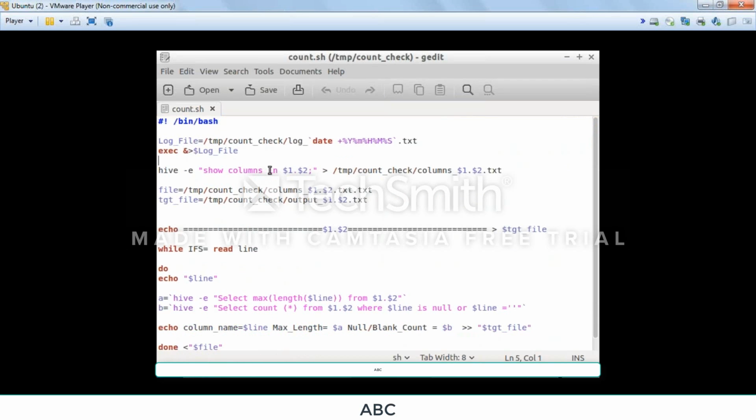Here, first I am checking the columns, how many columns there are for the table, and I am storing them into a text file, columns.txt. In that columns.txt file, all the columns will be stored. After that I am taking one variable where I take the reference of this table, into the file variable, and this target file is my actual output,